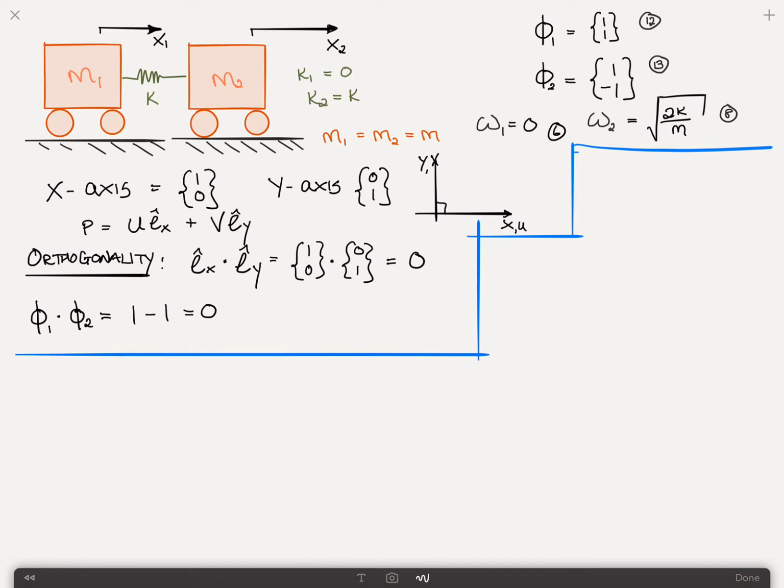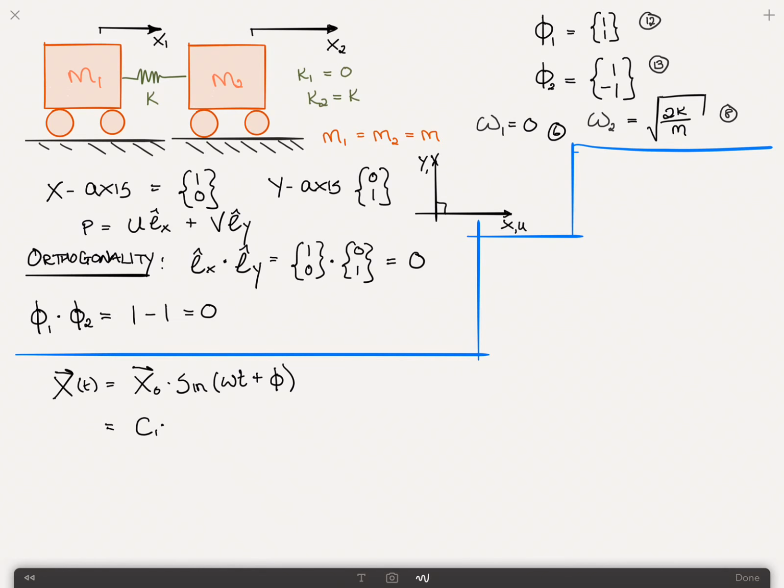We remember that we assumed a result in the form of x of t equal to some vector x naught sine of omega t plus phi. And we actually found out there were two results. There were two omegas, right? The two natural frequencies. So in fact, this could be written more as some constant, which I'll call C1, times